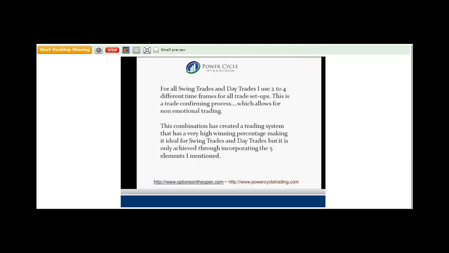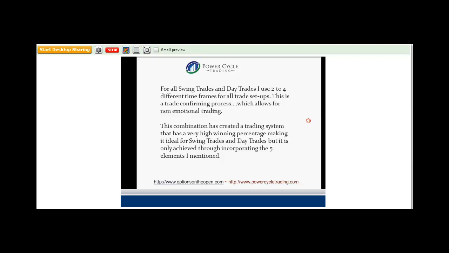So for all swing trades and day trades, we will also use 2 to 4 different time frames for all trade setups. And this is what we call a trade confirming process, which allows for non-emotional trading. This combination has created a trading system that has a very high winning percentage, and it makes it ideal for swing trades and day trades, but it is only achieved through incorporating these 5 elements and sticking